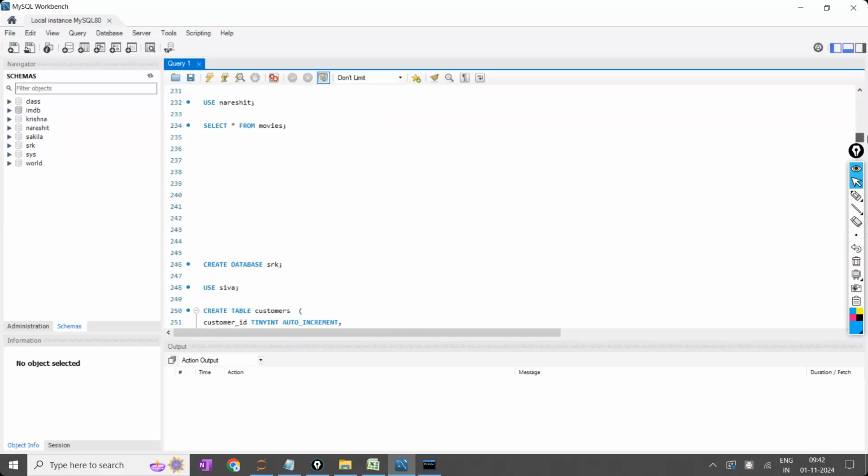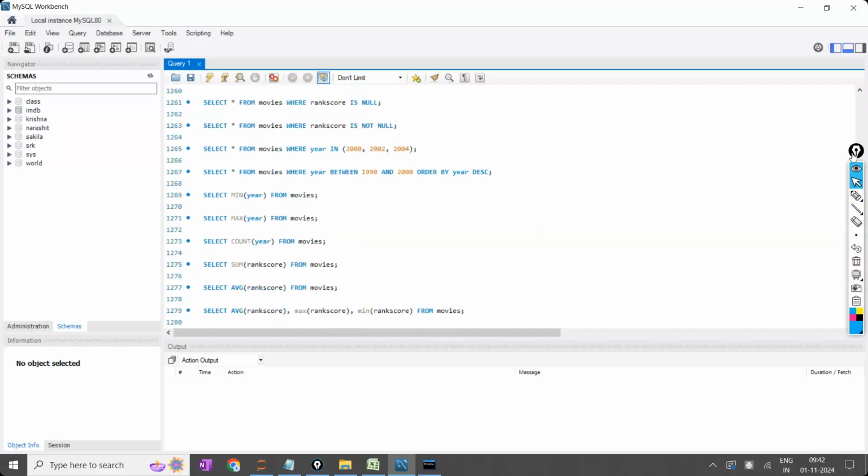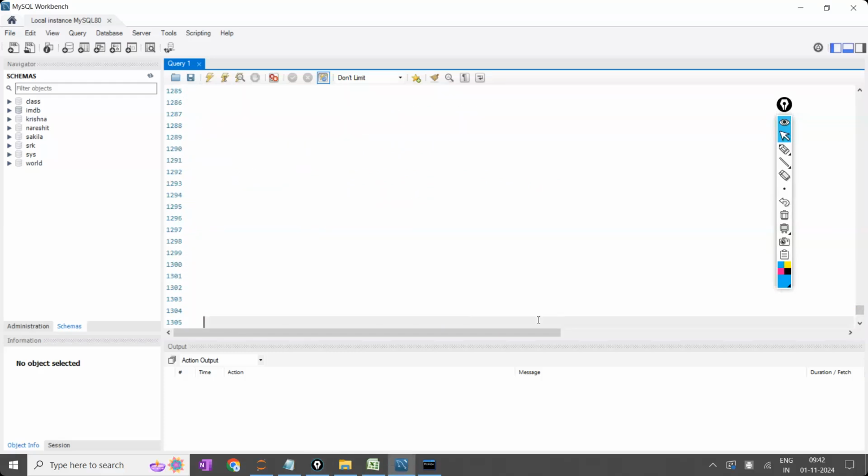It is going to execute all the queries in this entire script. If you click on this, from the starting till line number 1285, all the lines will be executed. The meaning of this one is entire.